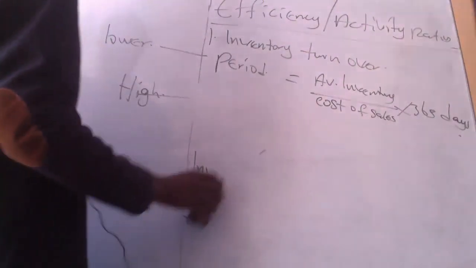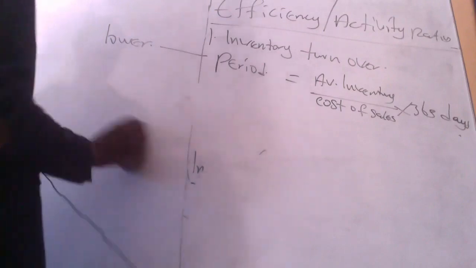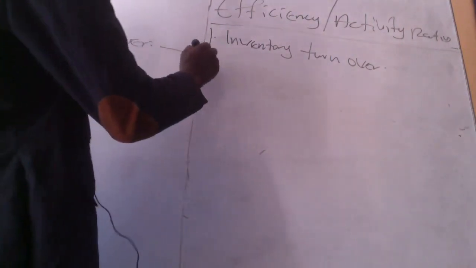Now the benchmark can be 30 days for the period. The benchmark is 30 days. So take note for me: 30 days. The second one,